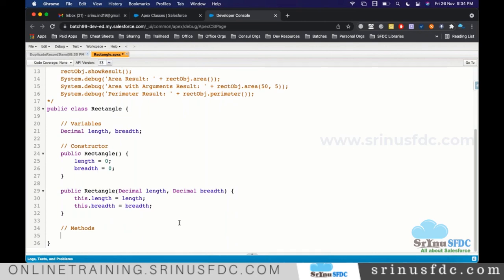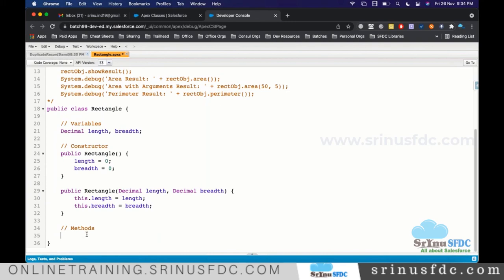All those are the features, right? What do you want to provide for this rectangle to calculate? You are providing an option to only calculate area, or an option to calculate perimeter, or any other action to do. That is what we are planning here, right? All this is in the planning phase, right?